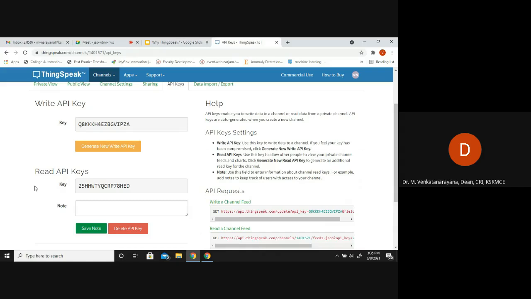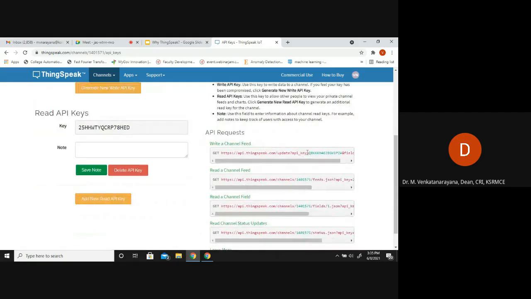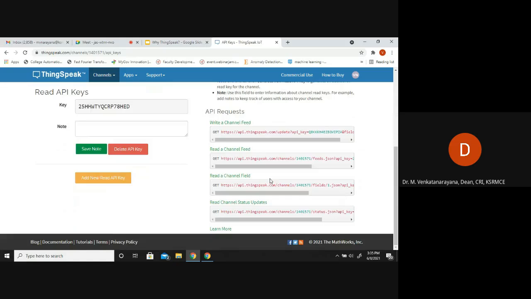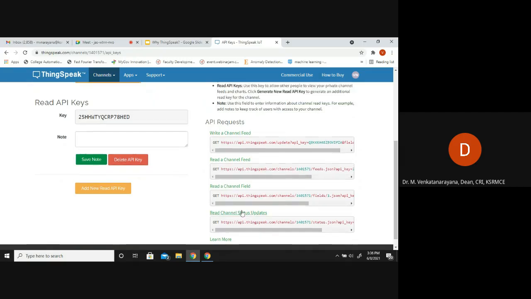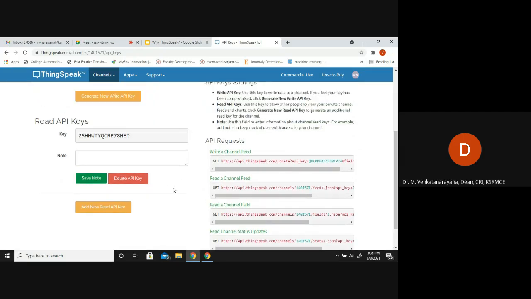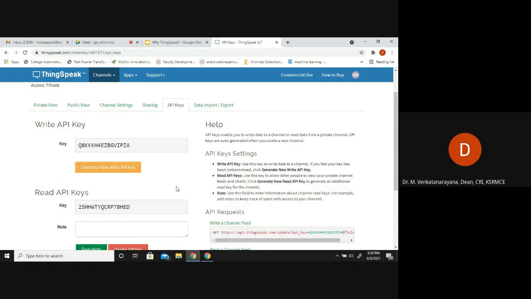With the help of the read API key, we can read the data from ThingSpeak to an offline desktop or online MATLAB. With this, we can also test how ThingSpeak works. These links are available, and with their help we can see how the channels get updated.